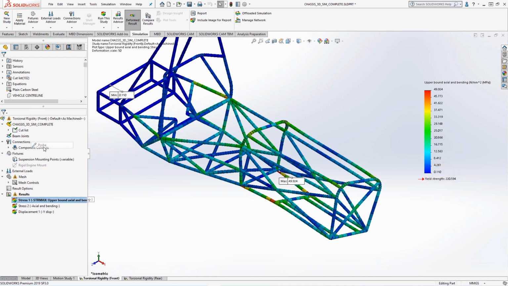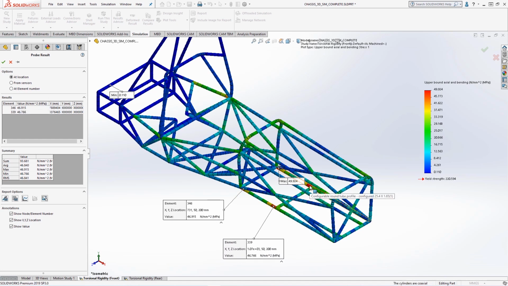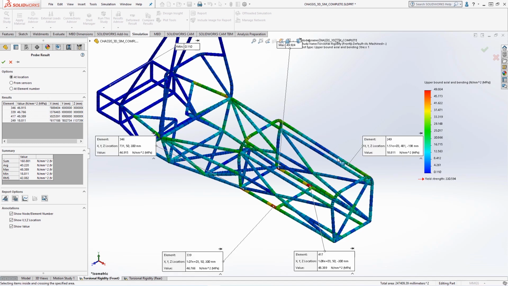We can also manually probe areas of interest on the mesh to extract the stress at the bottom 4 corners to check the values are of similar magnitude, or add and remove additional measurement points if required. The summary provides useful tabulated data that can be saved out to a spreadsheet file or plotted graphically.